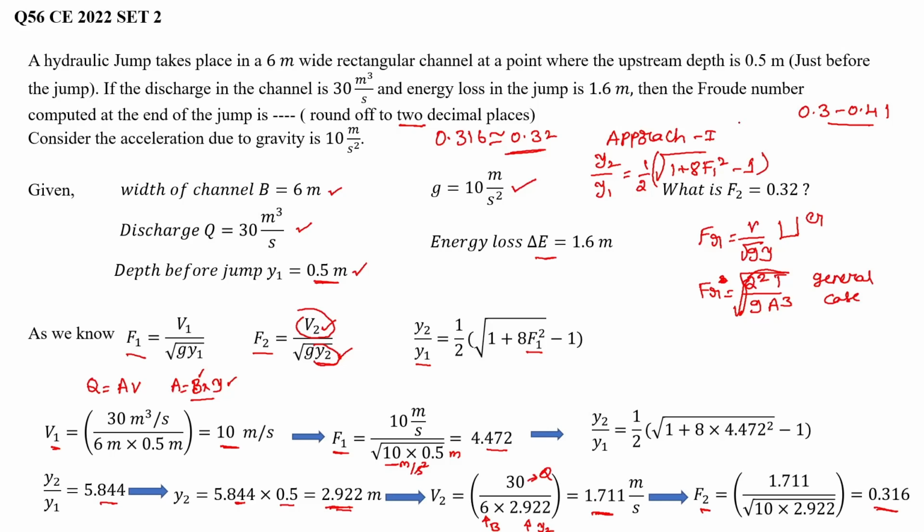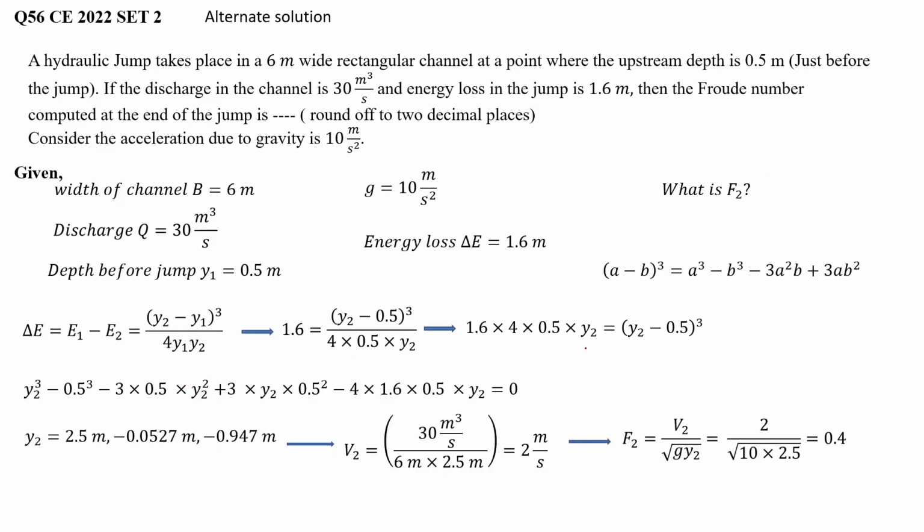Now let's look at the second approach. See, this is a 2 marks question. Just a substitution gives us 2 marks. If one remembers this particular equation, it is easy to get 2 marks in this area. This is an alternative solution or approach. In this approach, what we do is that we will use the